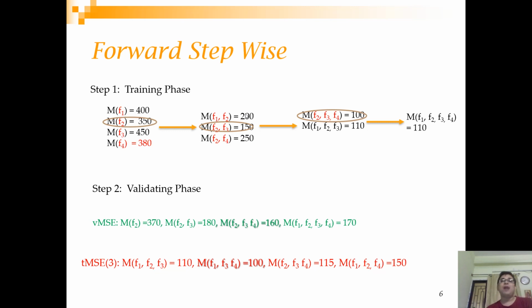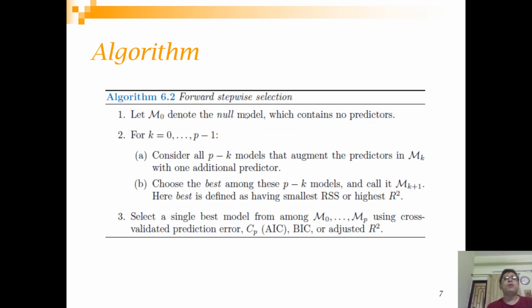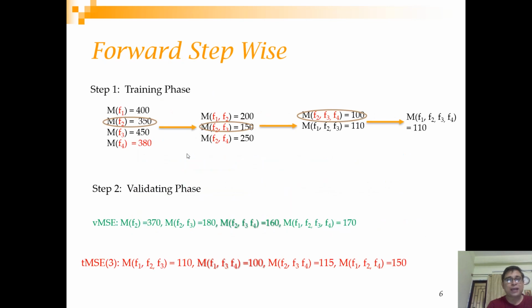Similar to forward stepwise, you have backward stepwise, where you start by including all the features and then you remove one feature and see where your MSE is getting reduced, and that's how you proceed. Both are valid techniques. Let's look at the algorithmic form. We start with the M0 model, and then we move from k equal to 0 to p minus 1, and in each step the number of models that we are constructing is going down. So if you go back here, you see